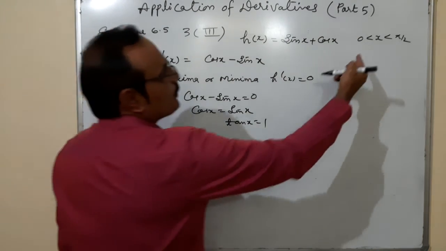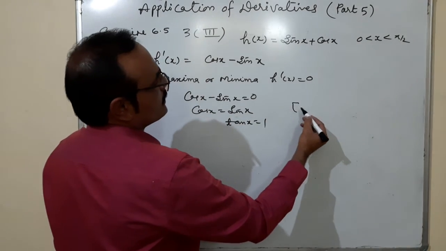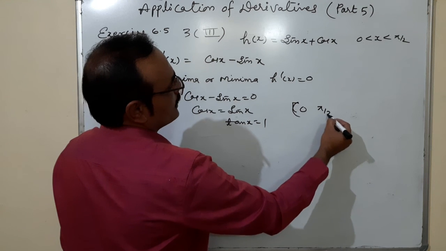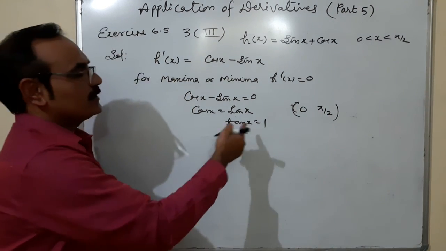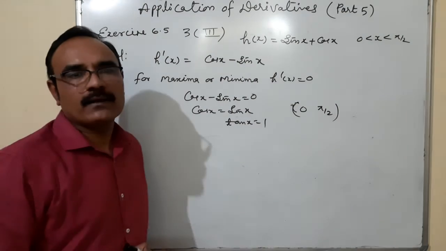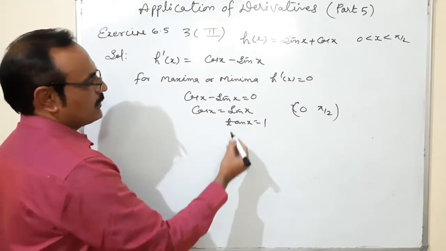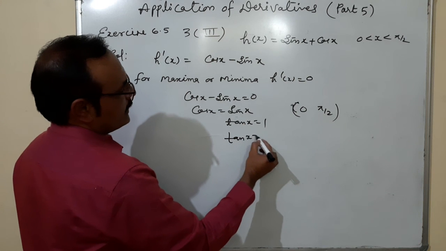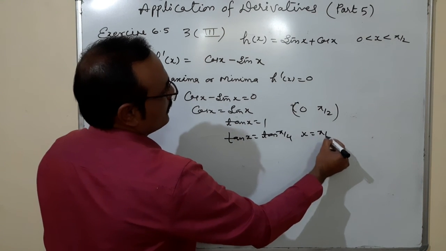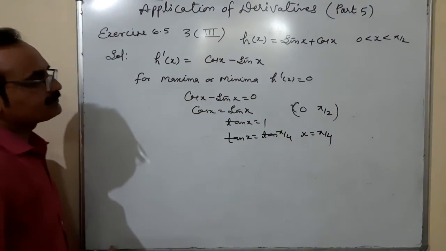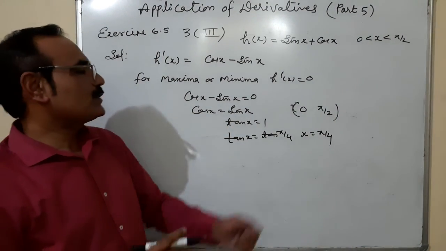And between 0 to pi by 2, because the open interval is given, 0 to pi by 2. In the open interval 0 to pi by 2, there's one value where tan is 1, that is tan 45, tan pi by 4. Tan x is equal to tan pi by 4. So x is equal to pi by 4. Okay. At x is equal to pi by 4,